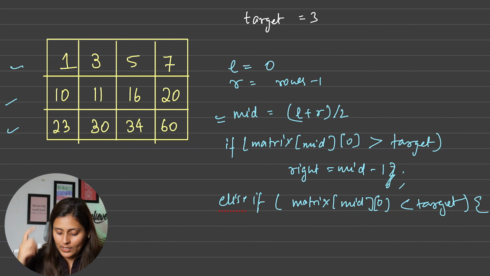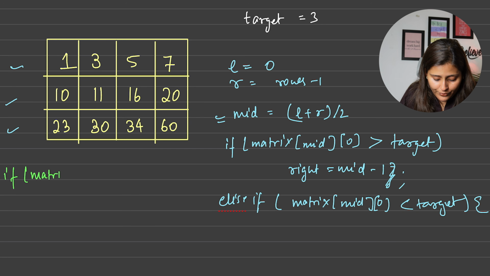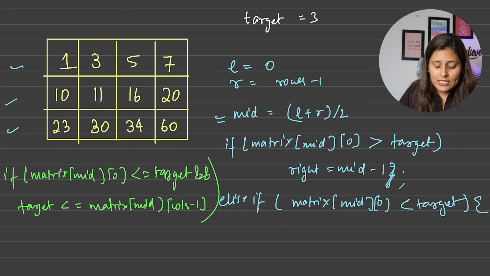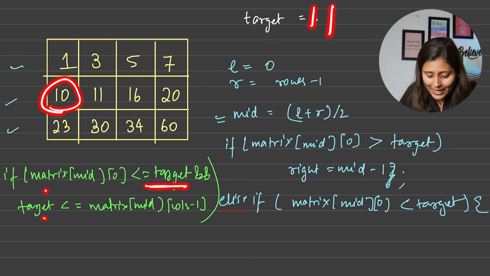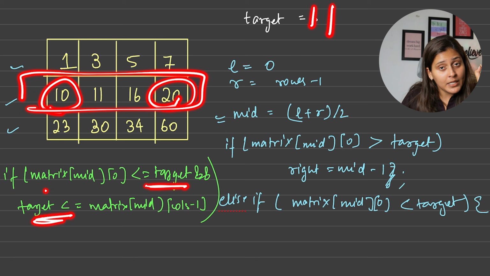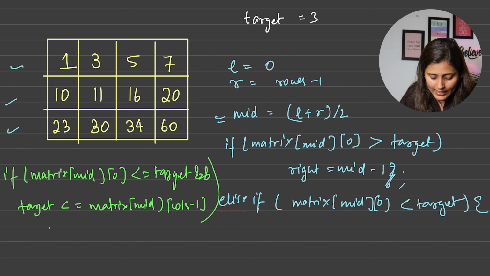So can't I do one thing, instead of this or before this, we will write if matrix of mid 0, okay, if my target is greater than or equal to the first value and my target is less than or equal to the last value of the mid row. How to read the last value? Nothing but columns minus 1. Okay. If this is the case, suppose my target is 11. So definitely target 11 is greater than 10? Yes. And target 11 is less than 20? Yes. So can I say my valid row will be exactly the mid? Yes. So I can simply say that valid row